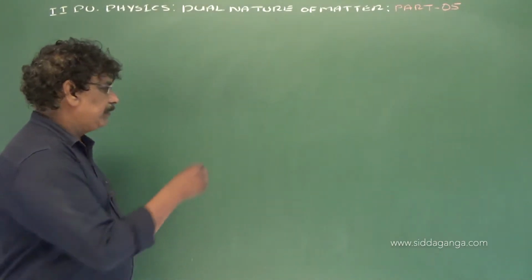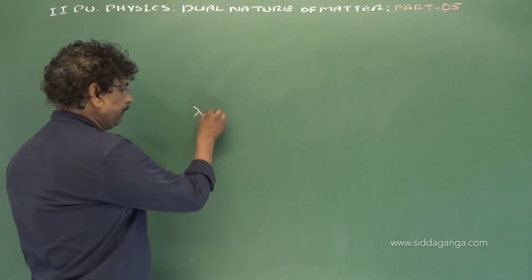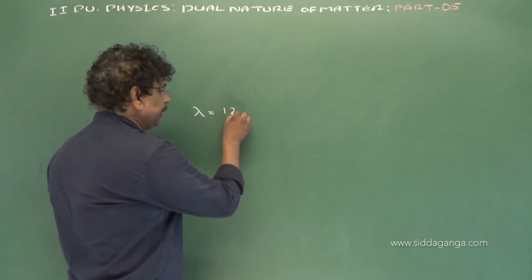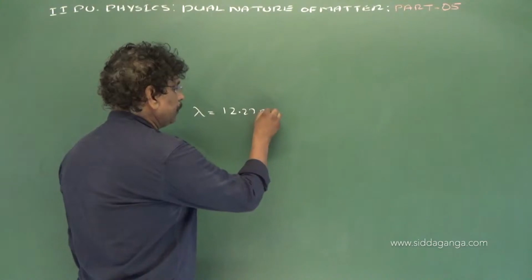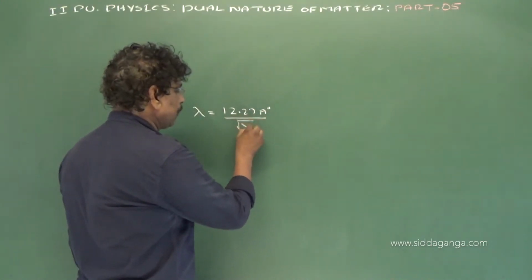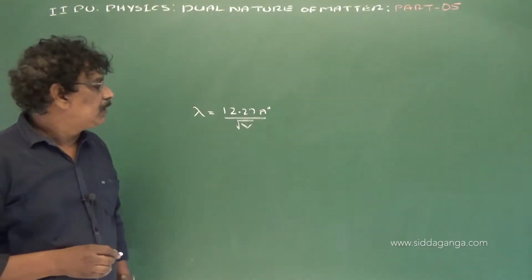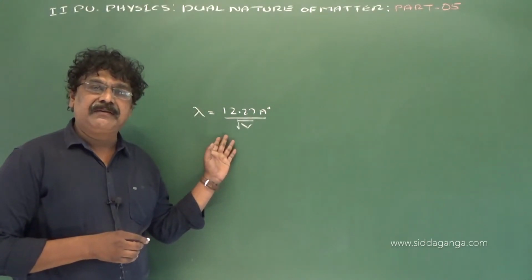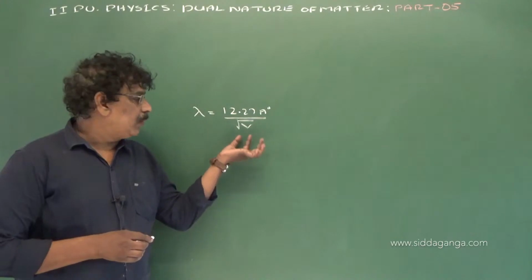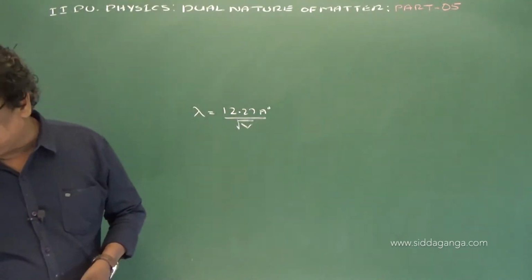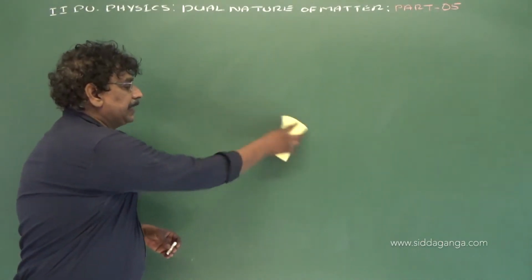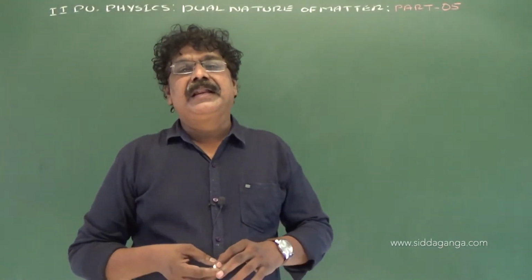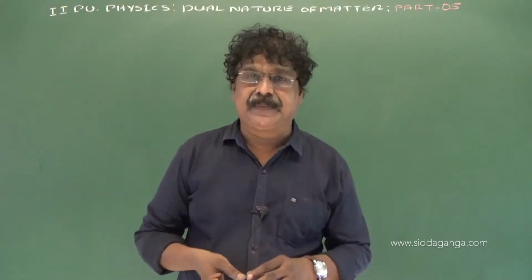And here we have the de Broglie wavelength of an electron accelerated through a potential difference V, which is shown to be 12.27 angstrom divided by square root of V. So this is the theoretical value of the de Broglie wavelength of an electron when accelerated through a potential difference V. Now it is clear that according to de Broglie, material particles in motion exhibit